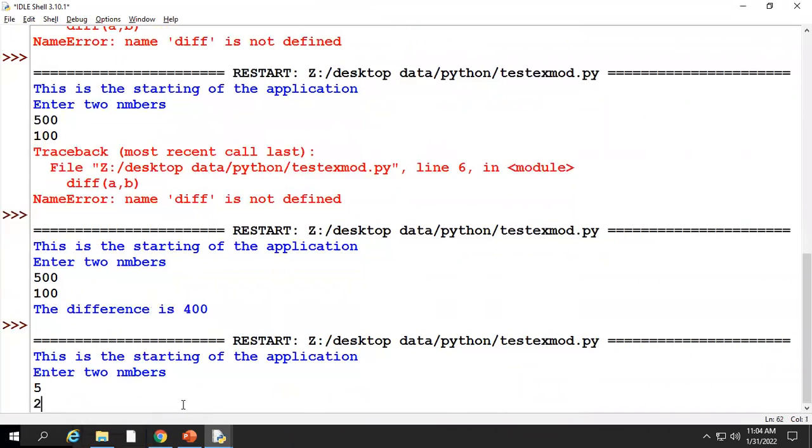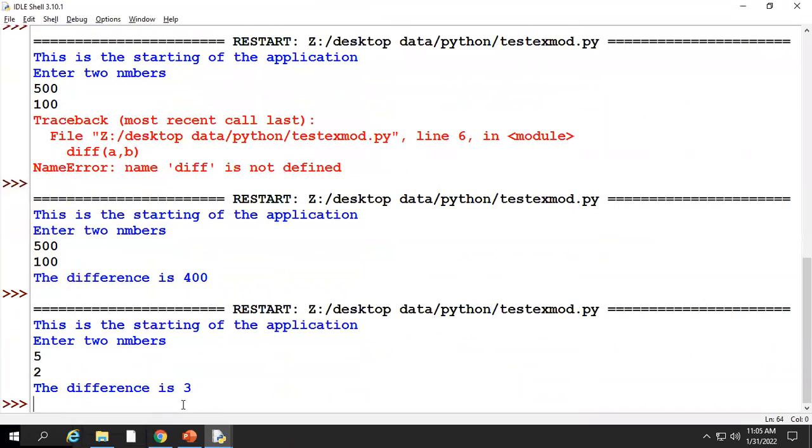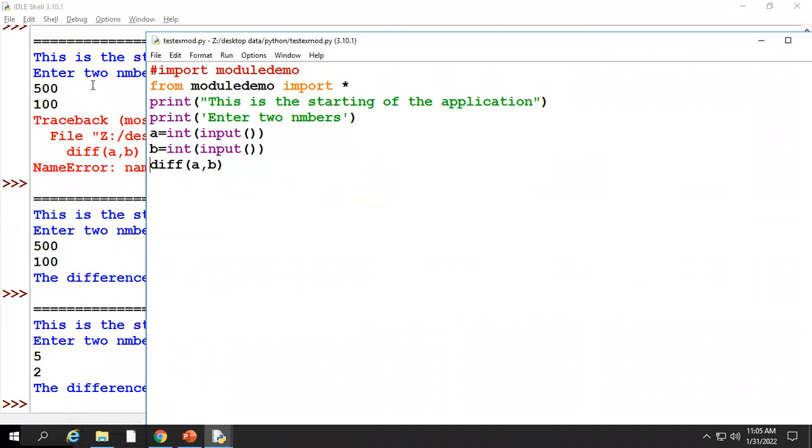So see here, two values. Now it is working. Previously we were getting an error. Now that error will not come because we referred to that file using the from keyword. So either you can use it like this, from, or else